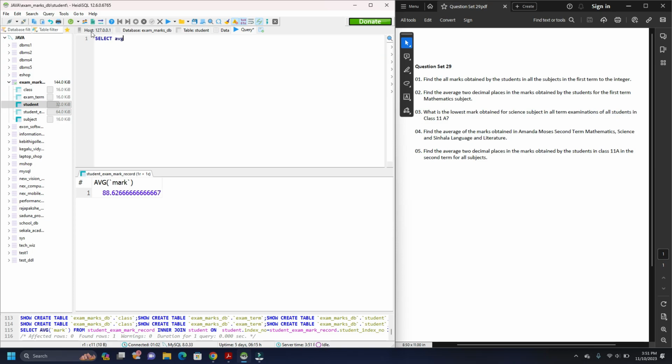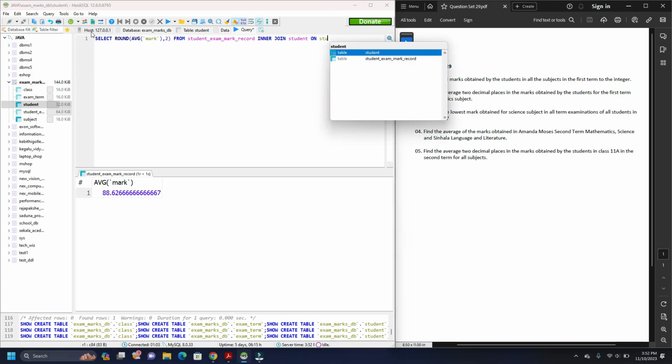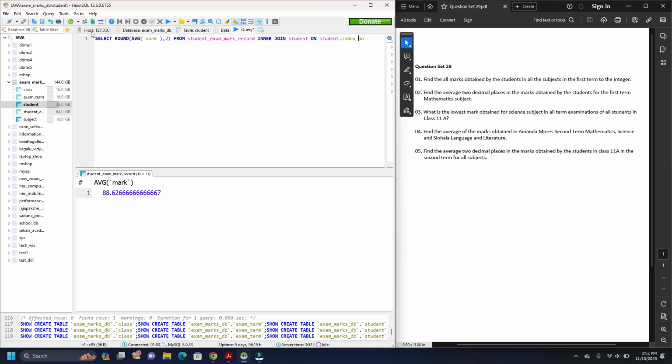So average mark, and we round it up to 2 decimals, and from student exam mark record, inner joining it with student table, as well as the class table,